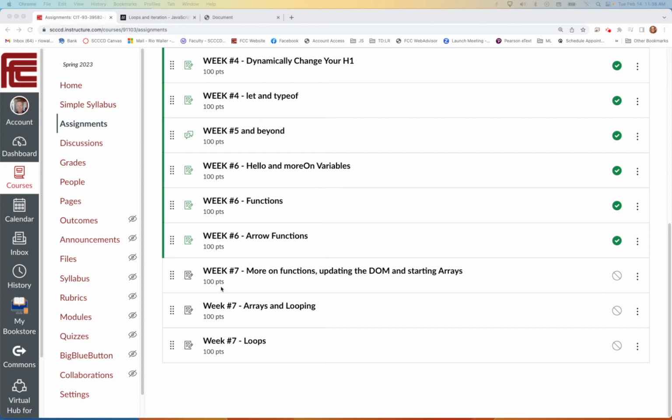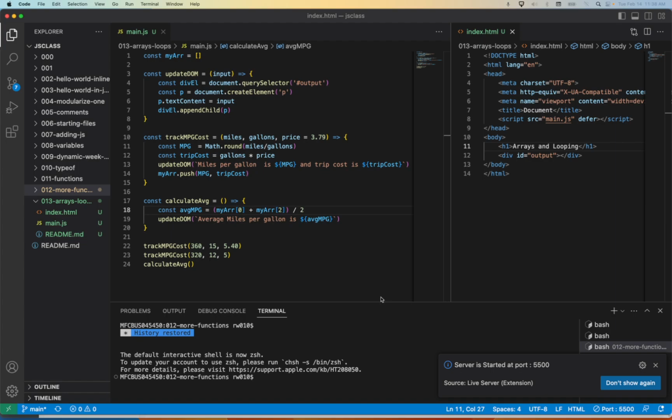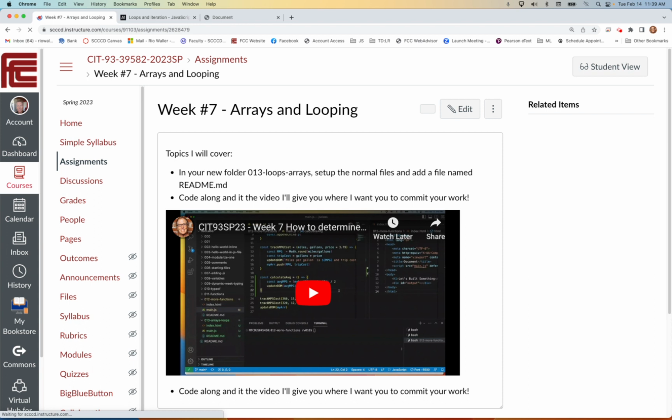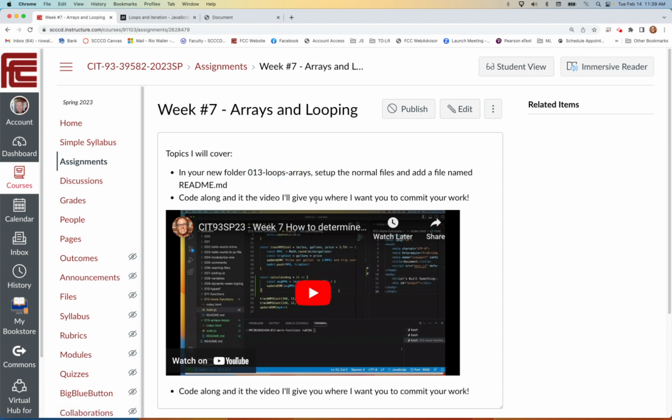Okay, so now let's go into our second item for this week, which is now that we've started arrays, let's actually continue talking about them and introduce the concepts of looping. That's also called iteration. It's just a really good topic. So in this case, let's for this first one set up an 003 loops and arrays, which by the way,